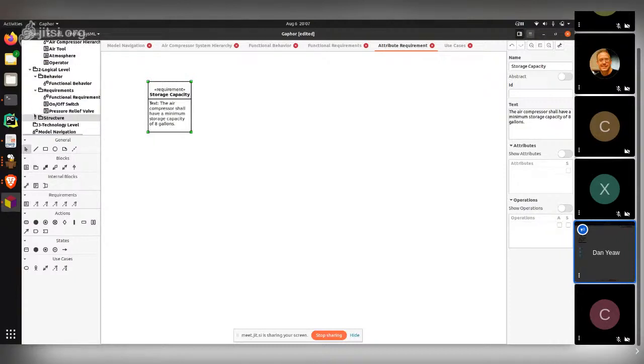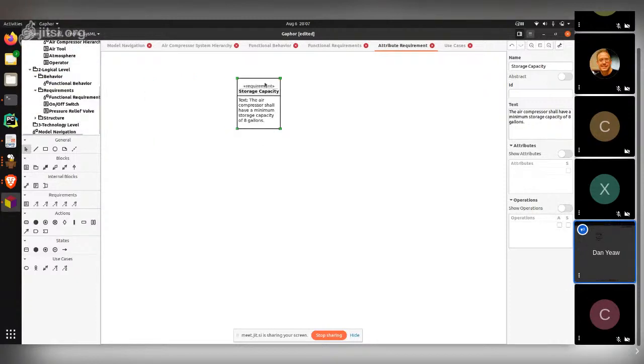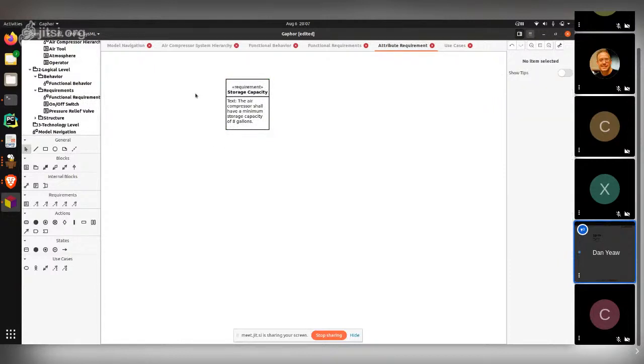I know we are probably just about out of time. I guess the main things I wanted to show was also how to connect stuff. And so